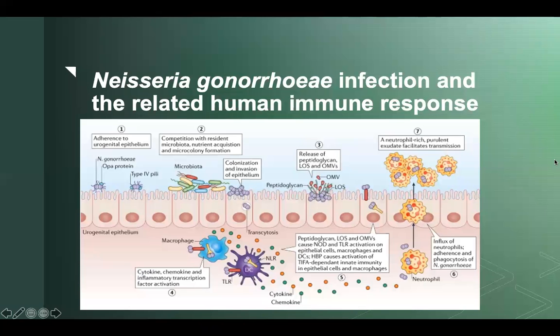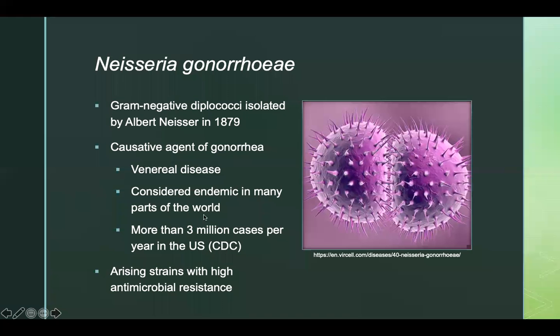So today I'll be talking about Neisseria gonorrhoeae infections and the related human immune response. Just as an introduction to the pathogen itself, Neisseria gonorrhoeae is a gram-negative diplococci bacteria that was originally isolated by Albert Neisser in 1879, and it is the causative agent of the disease gonorrhea, which is a venereal disease